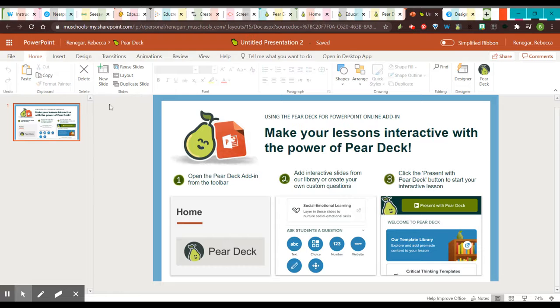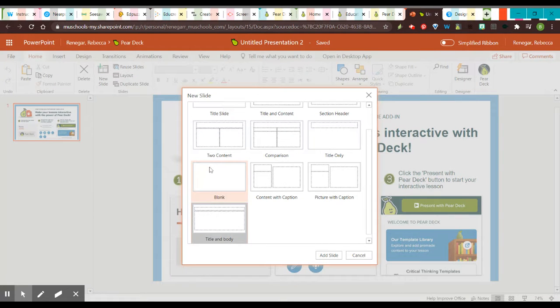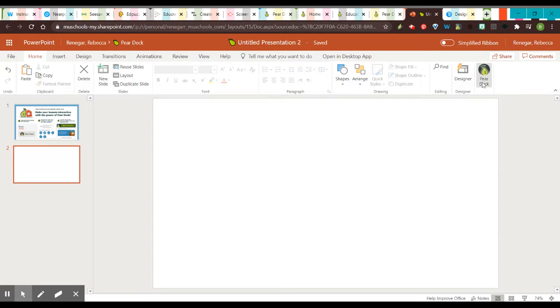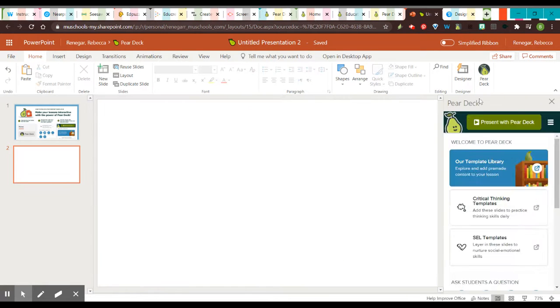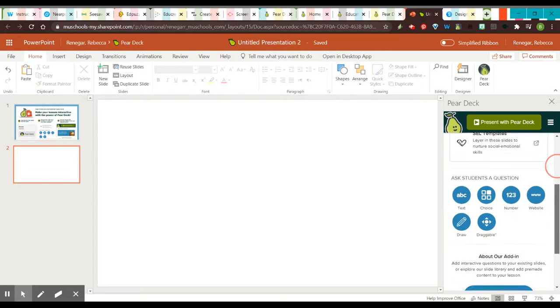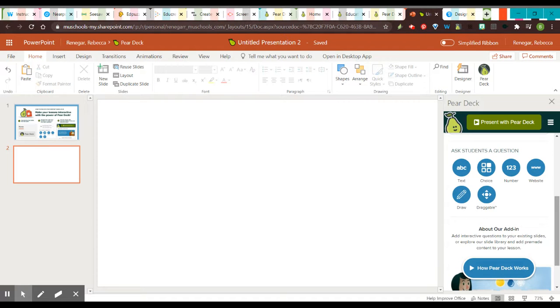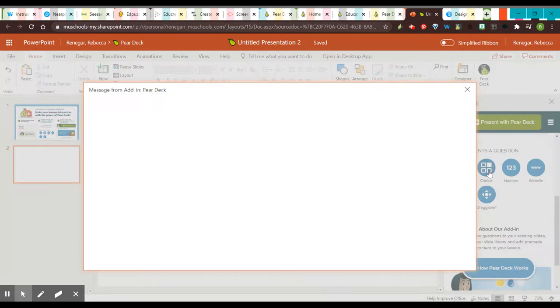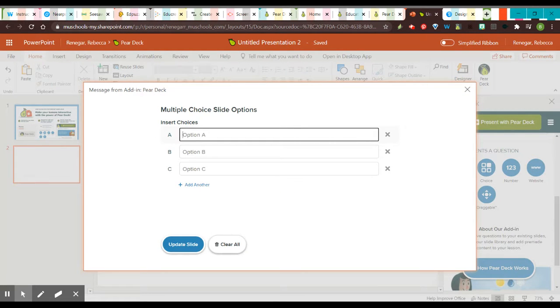So I'm going to go ahead and add in a new slide. And I'm going to use my Pear Deck tools here. I could go to the template library and download some different templates, or I can immediately just put in a tool that I want to use. So let's say I want to embed a multiple choice question. I can go in and insert my choices,